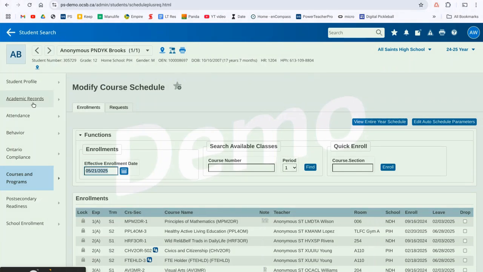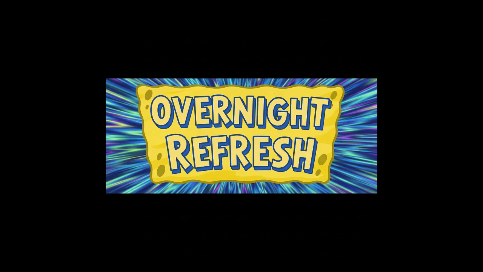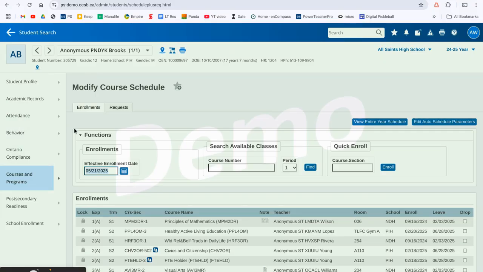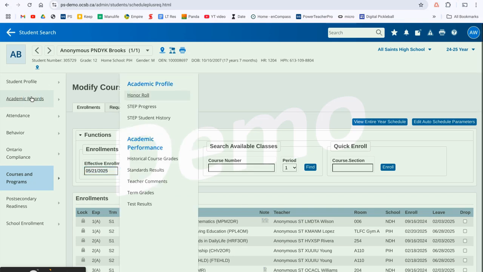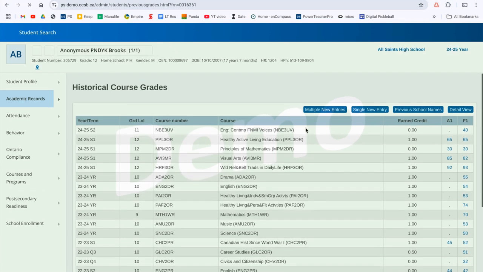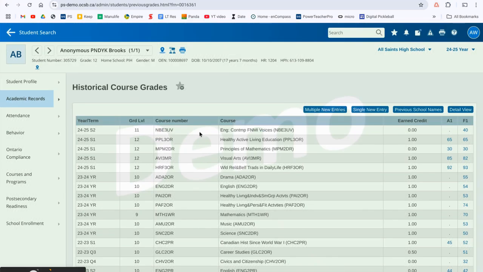And we're going to go back into PowerSchool. So I'm still in the same student. So we want to go academic records this time, historical course grades. And so here's the course that was dropped up at the top. So we can see 0 credit earned, but there is a final mark here. So if it's over 50, you might have to double check the credit earned, and I'm going to show you how to do that. So the last step is we click on the